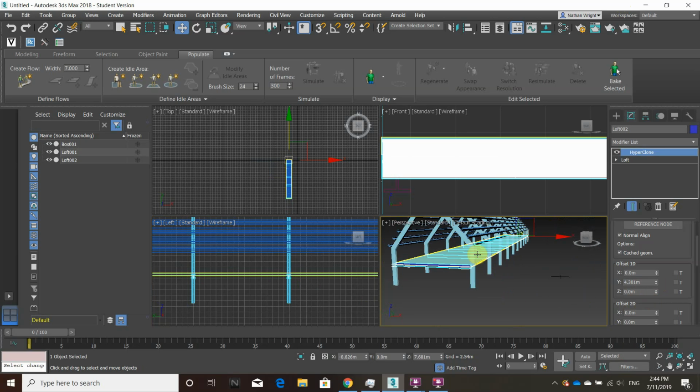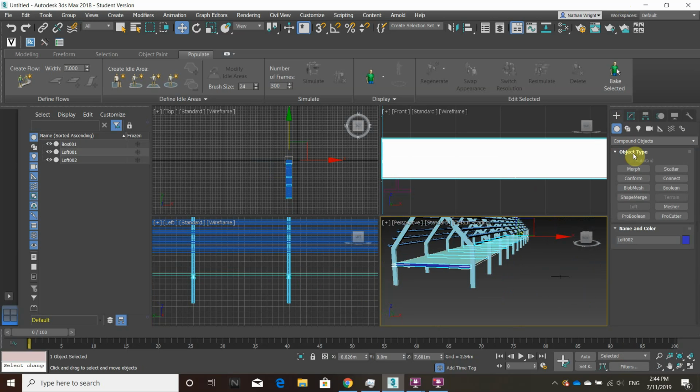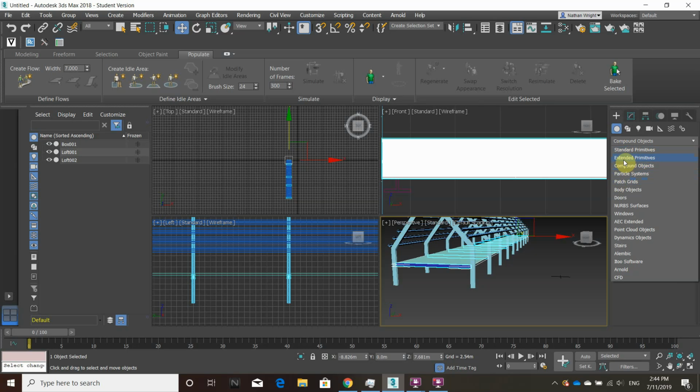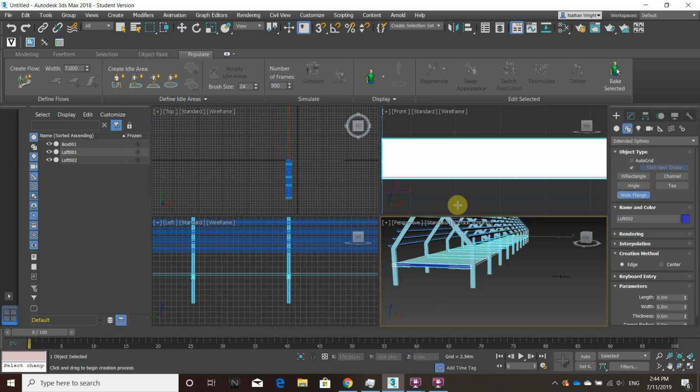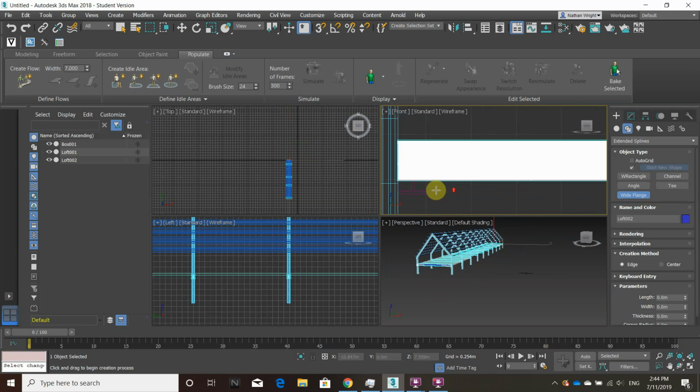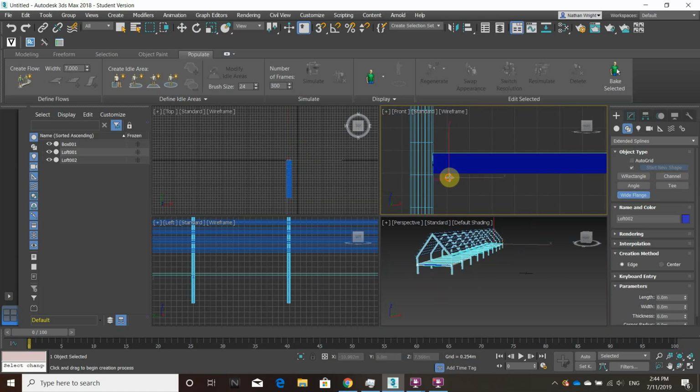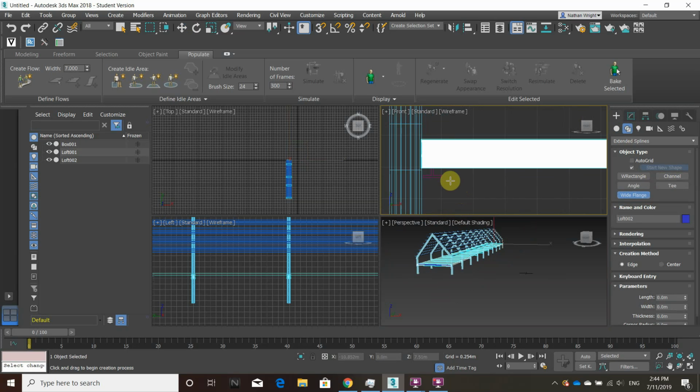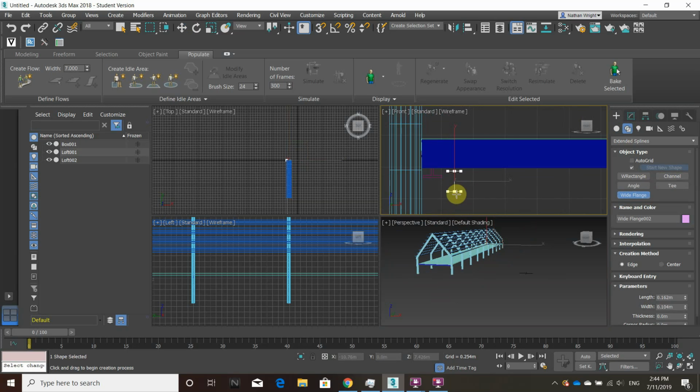And then we'll just get the beam system that connects the rest of the floor to the beams and connect to the portal frames. So we'll go back to our splines. So we'll go extended splines, wide flange into this panel here. Go a smaller one. Oops. Maybe a deeper one,